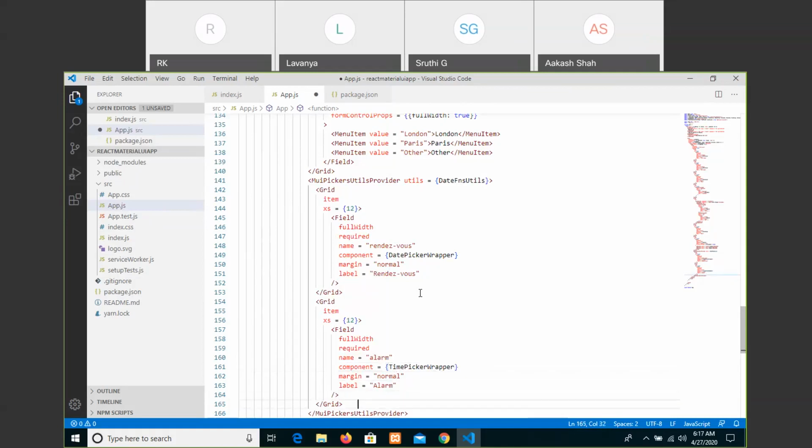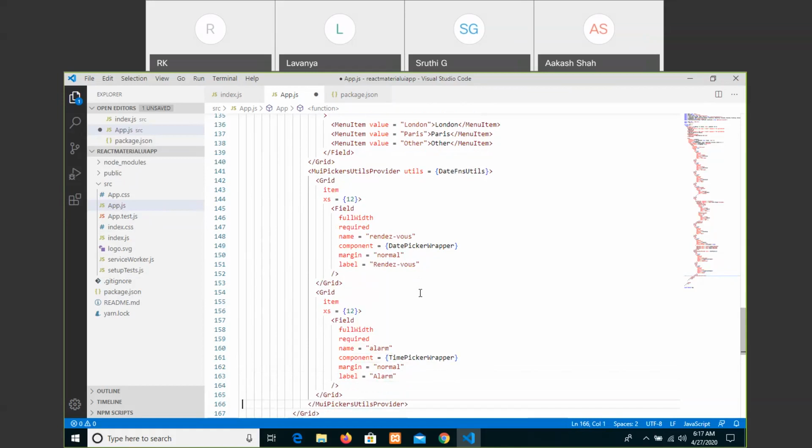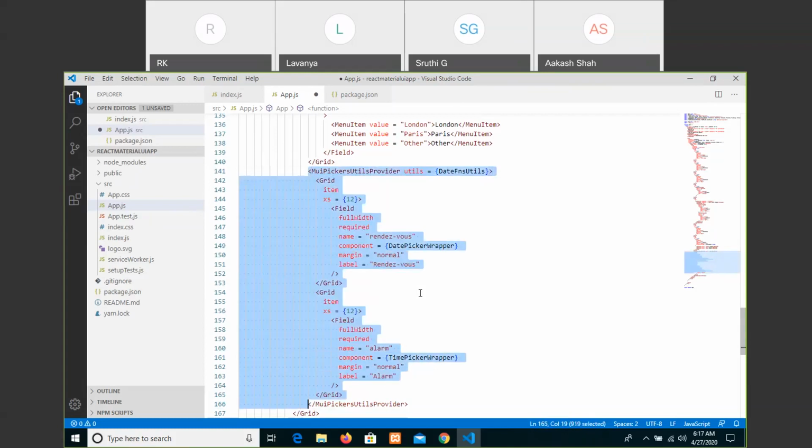After this, again with the combination of, now we want to create the concept of a reset and as well submit buttons. Just group these two things.